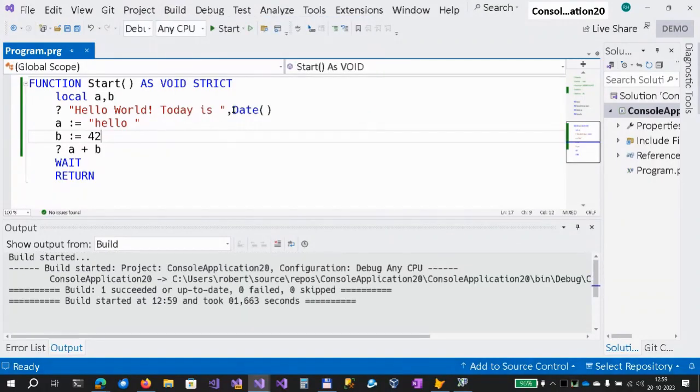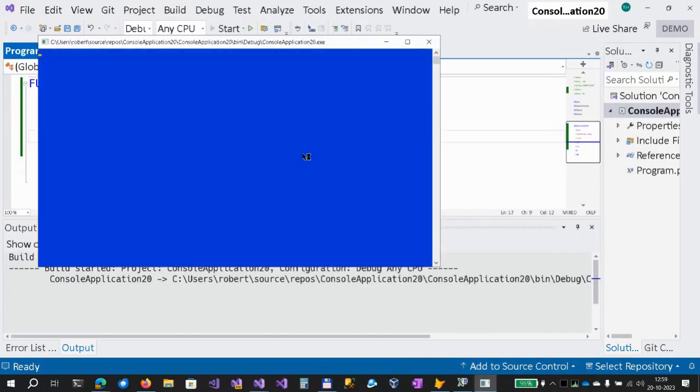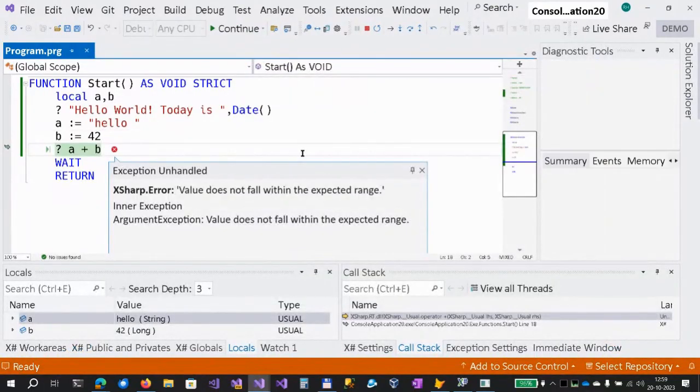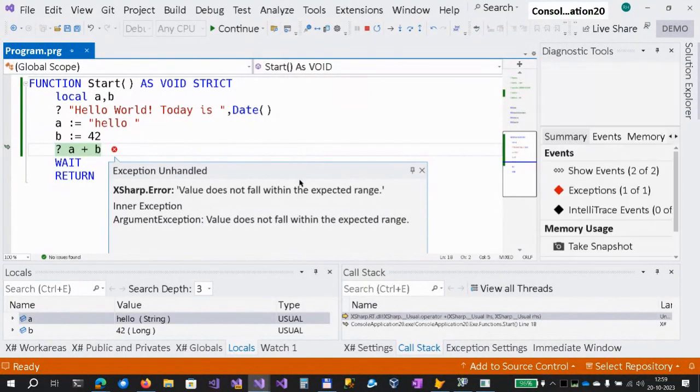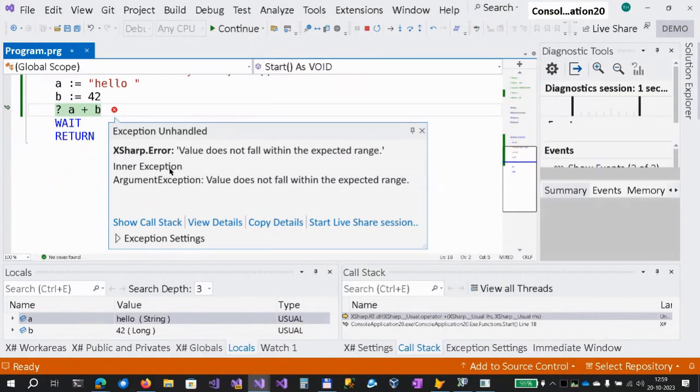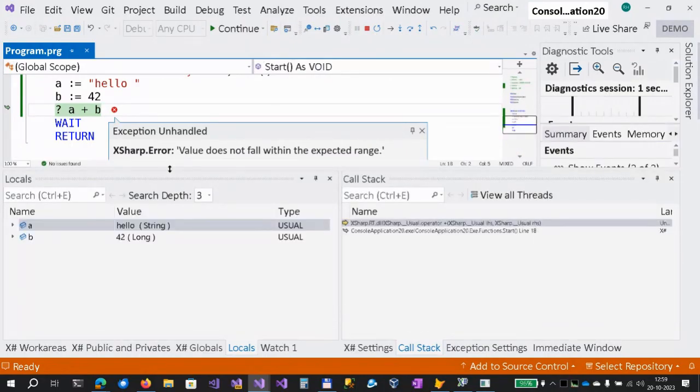Now, if you would do something silly, it still compiles, but of course, it crashes because it basically doesn't understand this. It's not what it expects. And you can see in the debugger, and this debugger, by the way, you can drill into collection stuff. This is the Visual Studio debugger.